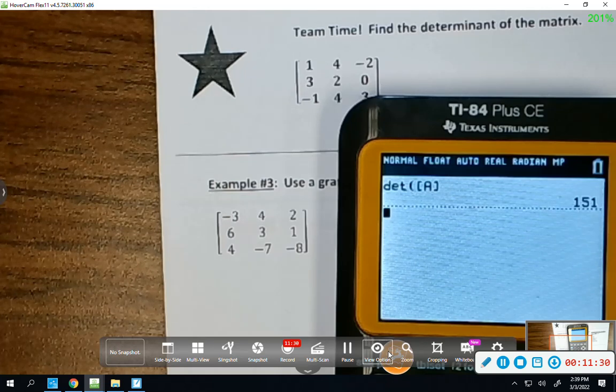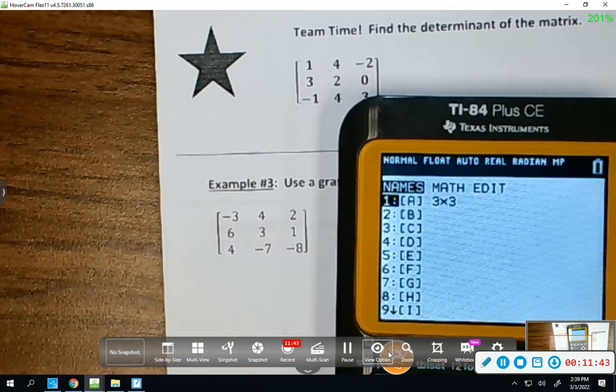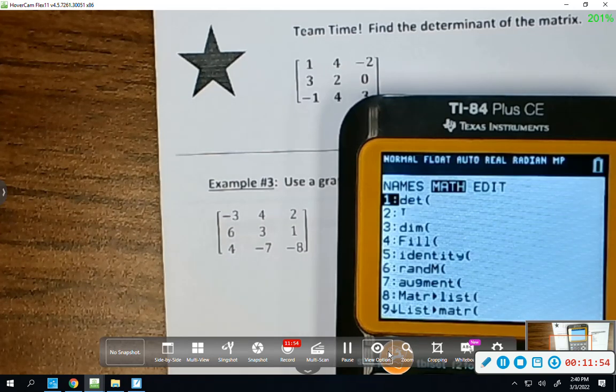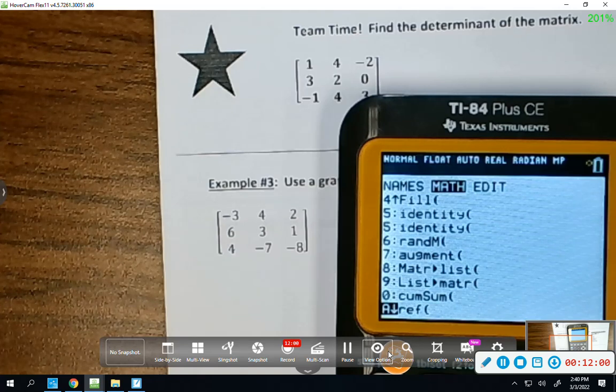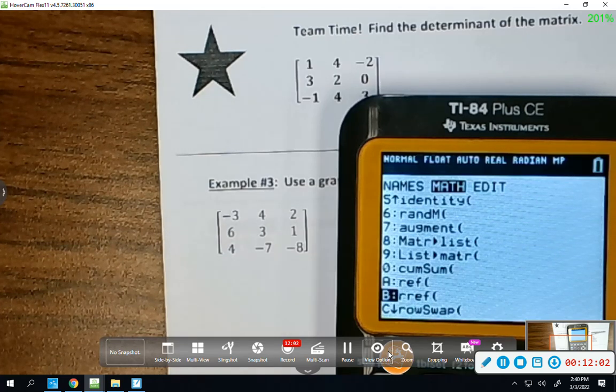And I'm going to give you one other pro tip today. So there's a review problem on your homework, still from the matrices. It's one of those 3 equations, 3 variables, just to see if you remember the keystrokes for that. It's got like X, Y, and Z in it, and you have to solve it. So once you type in the matrix, you go to math. Do you remember what you go to after this? You got to scroll down. Tell me when to stop. Okay, and you need that letter B, that reduced row echelon form, what that stands for. So that's on the review problem, just a little, in case you need a little